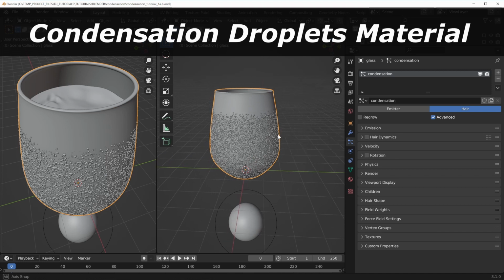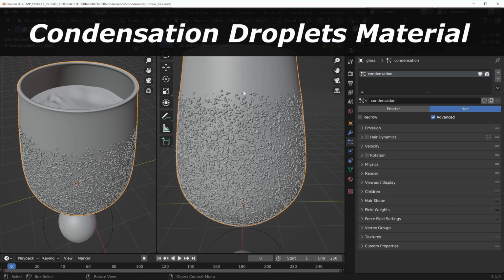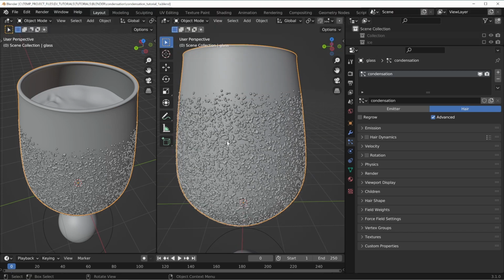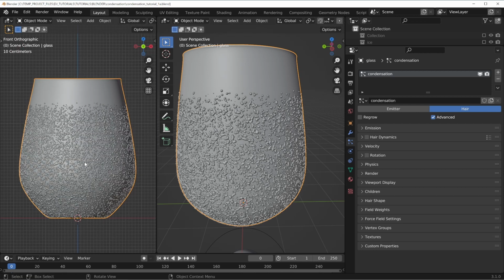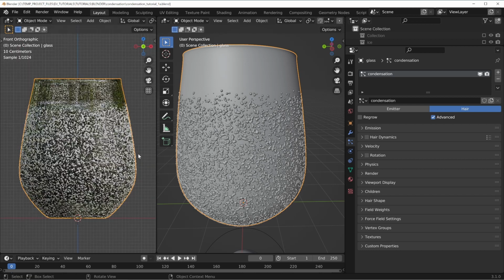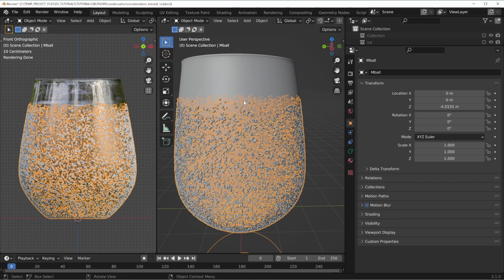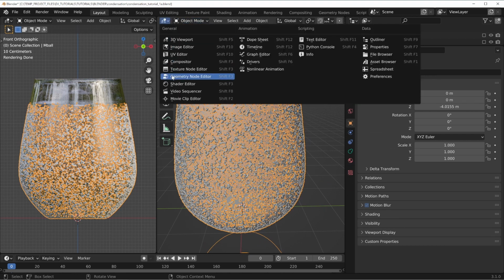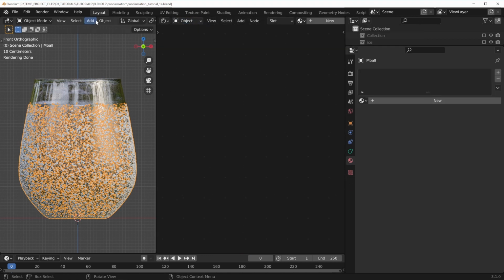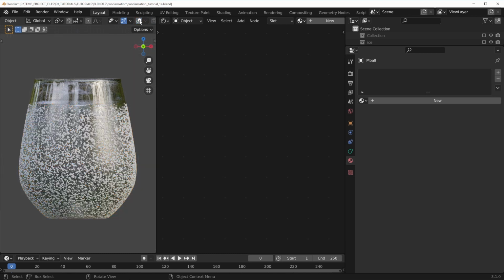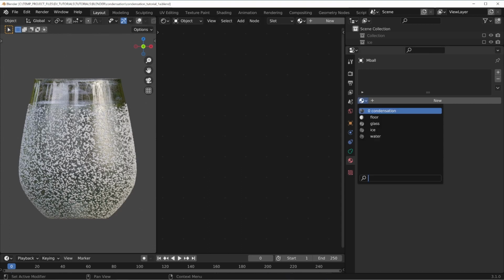So we're going to call that kind of good for now, but it's not enough for us just to have that there. We need to have some kind of material for this. So let's go to the front view here and turn on rendered mode and just take a look. And you can see that it's just this white stuff that's on the surface here. And we're going to select the metaball, go to the shader editor here, and then over here on the left, I'm just going to turn off the overlays so we can just look at this as it is, just like that. And what we can do here is we can select the water,